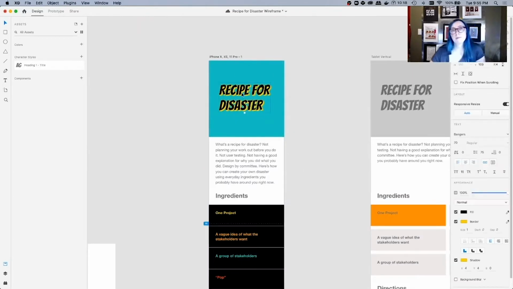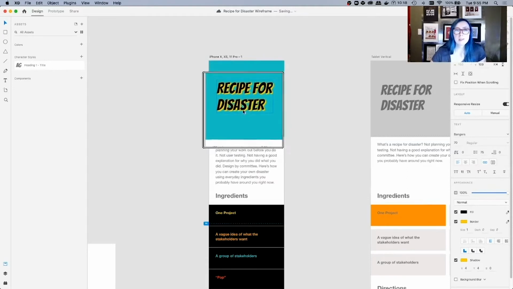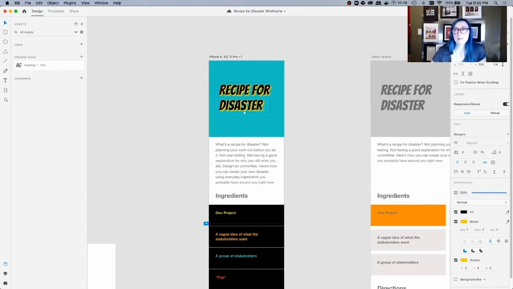This feels good. Now, what's the last thing that we could do to this title to really make it feel comic booky? I think playing with the positioning and the angle would make it feel more like a real comic book font. You can do this one of two ways. You can use this handle here to rotate, or you can use the rotate over here.